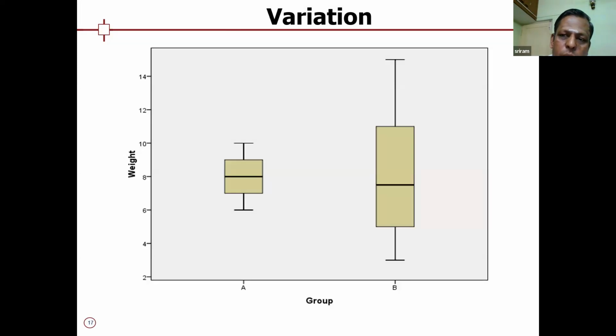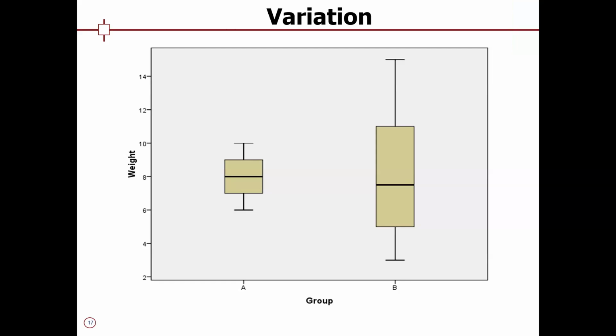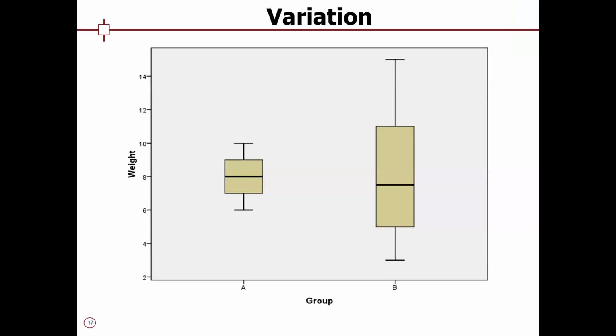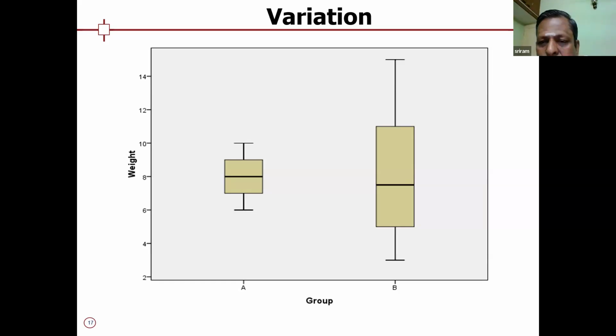Now, I put the data visually. This is called a box plot. Now you can very clearly see the variation. Are you able to see the variation? Yeah. Because if you look, the average is more or less the same. But if you look at the variation, for group B, the variation is very high. So statistics helps you to understand the variation visually also. We'll come to that.